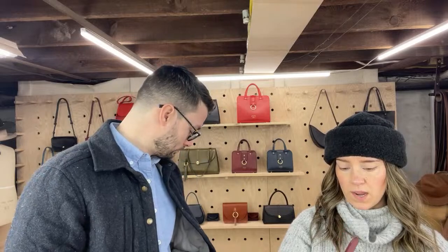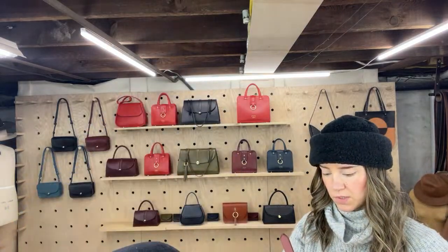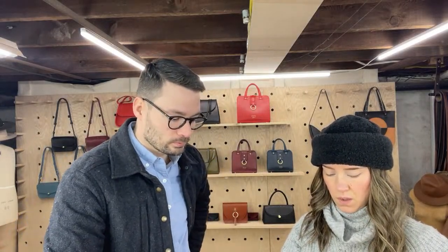The other thing that's really cool is the way the strap attaches. We've got this nice solid brass loop that holds the strap in place. And then the strap is quite adjustable. I'm still kind of on the fence about the strap length exactly, but